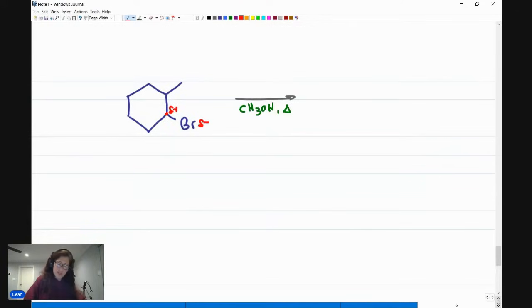The bromine is partially negative. It makes a good leaving group, so I'm probably going to have a reaction in that direction. And then for my reactant, I don't seem to have anything, so I'm going to have to figure out what to do here. Recognizing that I have a leaving group, a polar protic solvent, and heat, I see I'm going somewhere